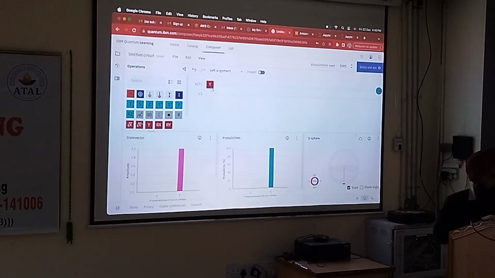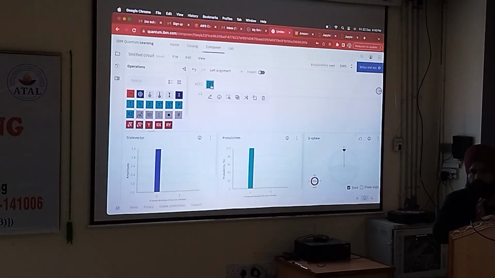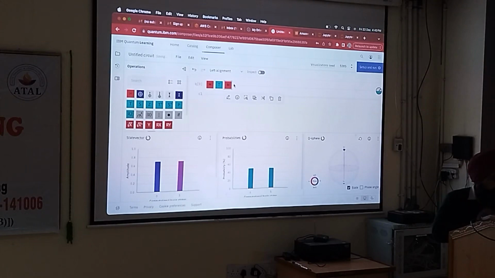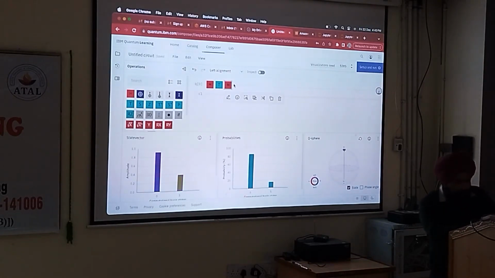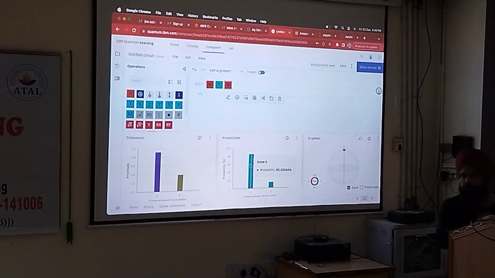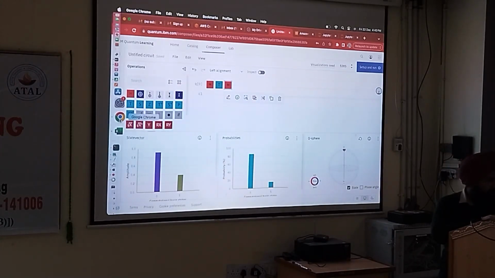H t t h. First, you have to know what the t did. What did the single t do? Nothing. Now we apply Hadamard 1. The second Hadamard 1, what did it do? It converts to 1 by 2, 1 by 2. The probability of 0 is 85 and the probability of 1 is nearby 14. Okay, and the other side is